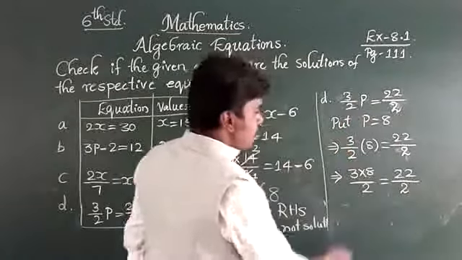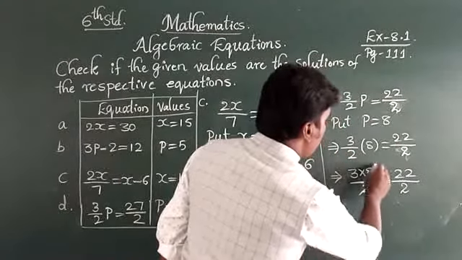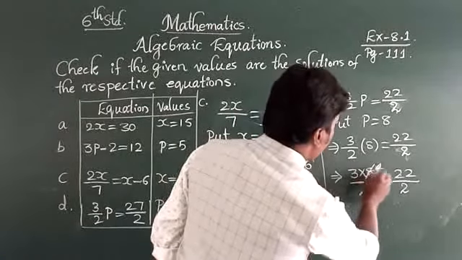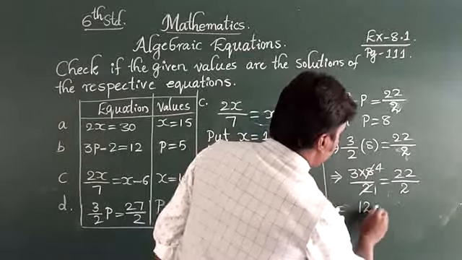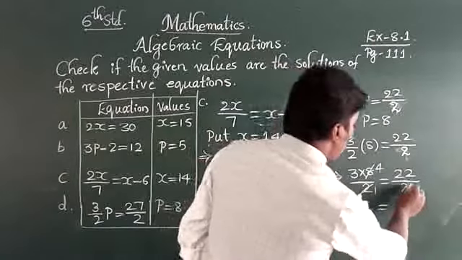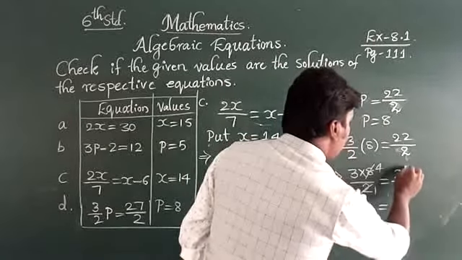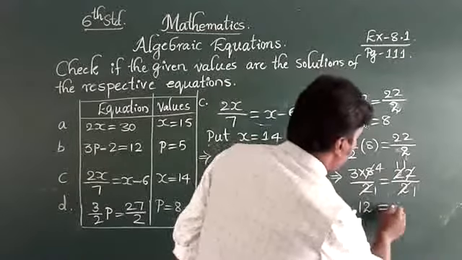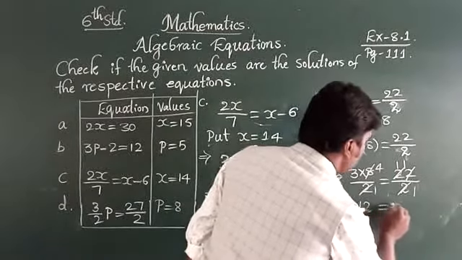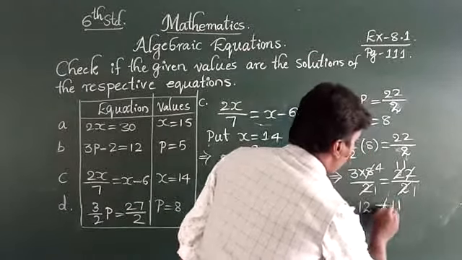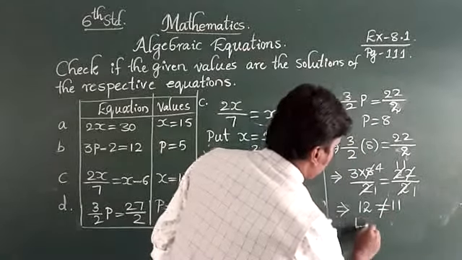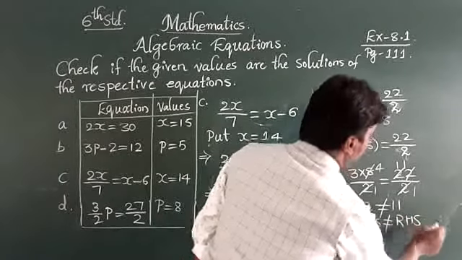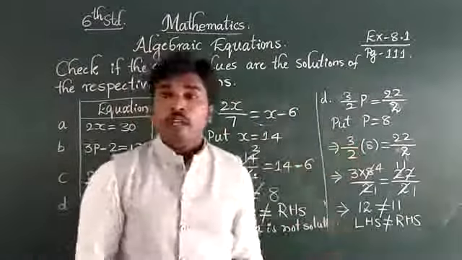Or else you can cancel it. 2 ones are 2, 2 fours are 4, twos, it becomes 4 threes are 12. So here also 2 ones are 2. So how much are you getting? Which implies that 12 is equal to 11. It is not equal. So LHS is not equal to RHS, which implies that p is equal to 8 is